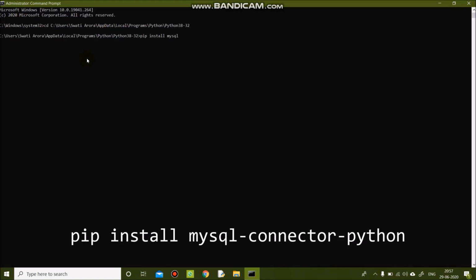So do not confuse cases. Type all this without pressing the caps lock key. Now after typing mysql, give a hyphen, then type connector, and then again a hyphen, and then type python. Everything should be in lowercase.